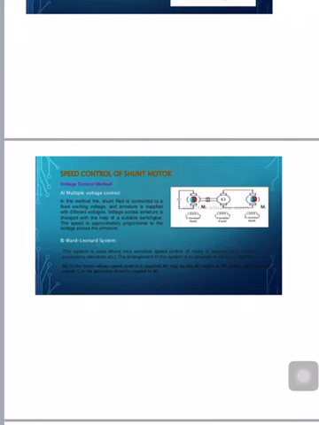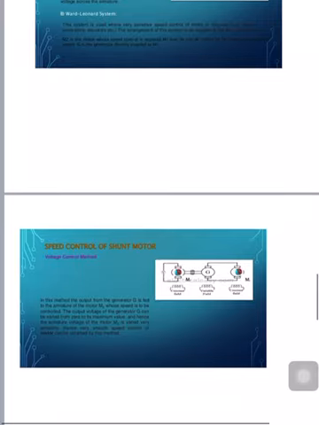We have two methods of speed control: multiple voltage control, and the second one, the Ward-Leonard system. In this method, the shunt field is connected to a field exciting voltage, and the armature is supplied with different voltages. The voltage across the armature is changed with the help of a suitable switchgear. The speed is approximately proportional to the voltage across the armature.